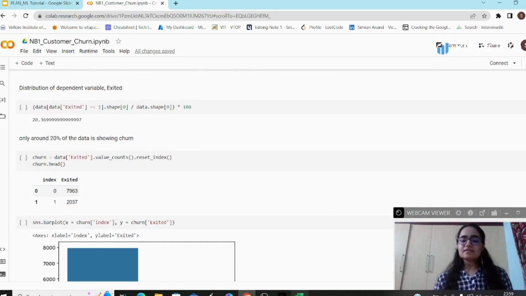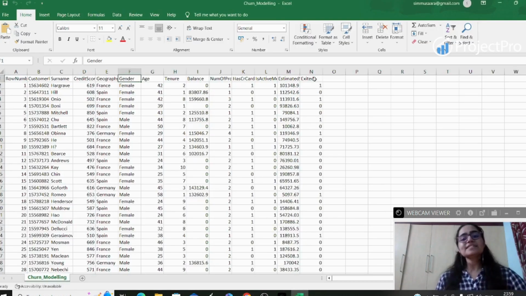Now, this is the main part. Exited is the final, the last column of the data frame. It need not be the last, but over here we have the last column because that is called the dependent column, because it's dependent on the other independent variables. Other independent variables like customer ID, surname, credit score are the feature variables, because the model is going to work with the help of all these features